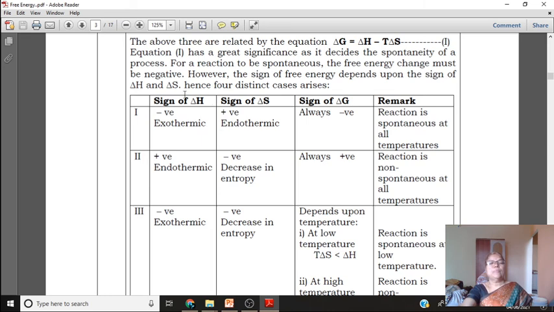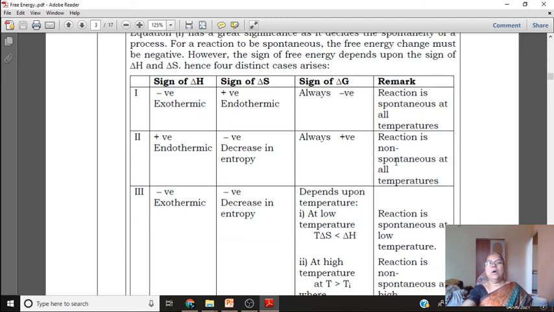In this table, there are the characteristics of spontaneous and non-spontaneous processes. All of you know, for an exothermic reaction, delta H is negative. Then the delta S value is positive and the delta G is negative. So, all such reactions are spontaneous reactions. Remember, for spontaneous reactions at all temperatures, the delta G value is negative, the delta S value is positive, and the delta H value is negative. Then for non-spontaneous processes at all temperatures,